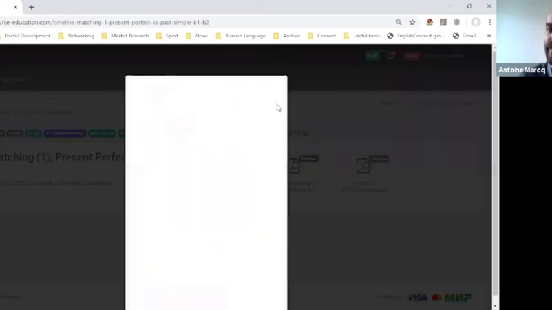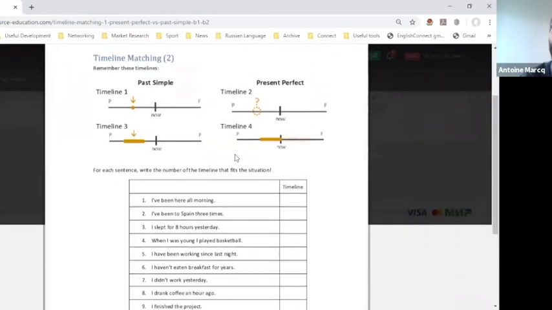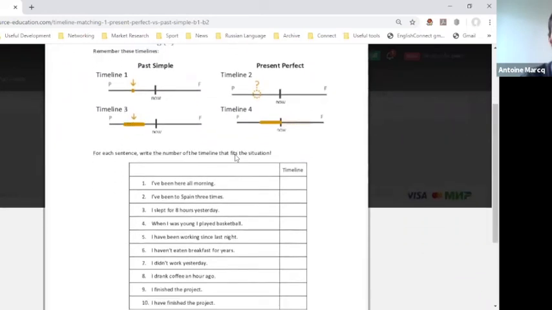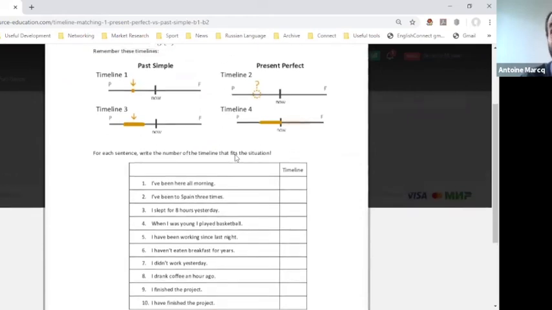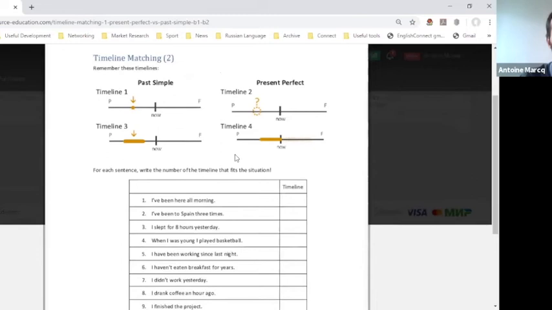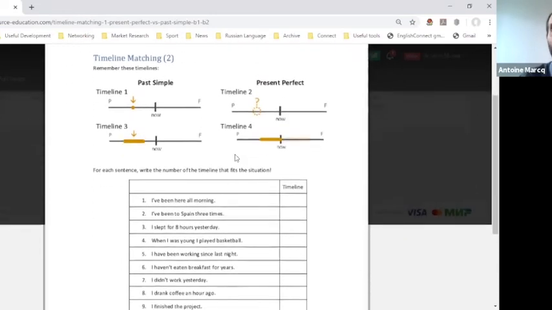I hope in the near future people will hear us out, and I hope that in the future textbooks will be teaching students present perfect explains now. It's that simple. So the timelines are very simple. If you need timelines to teach present perfect, you only need 4 timelines. They're right here before you. Timeline 1 shows you past simple. It's an event that happened in the past at one point.